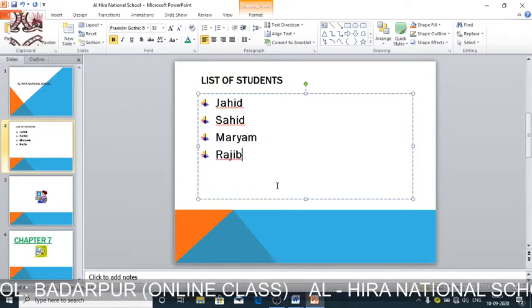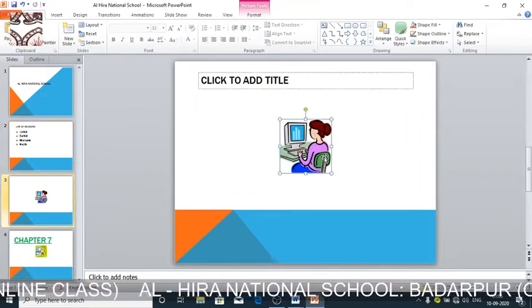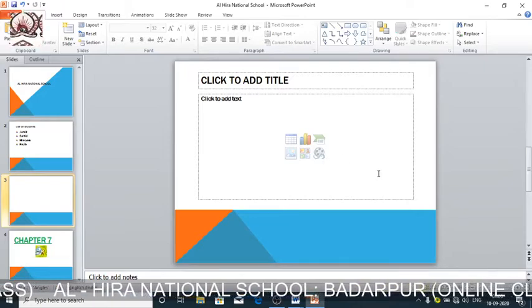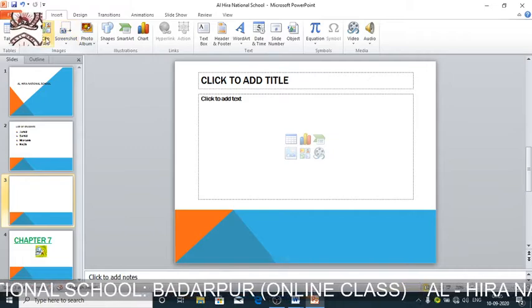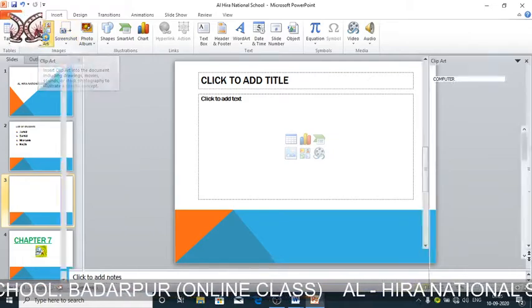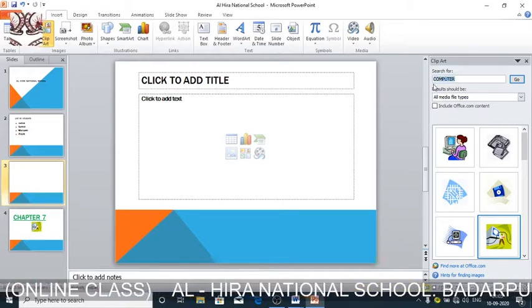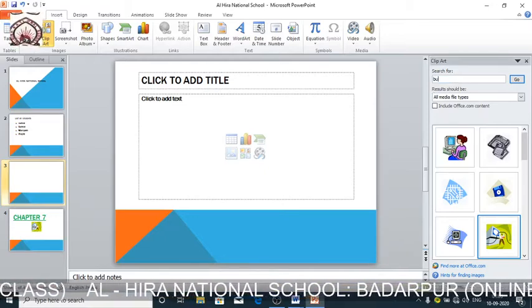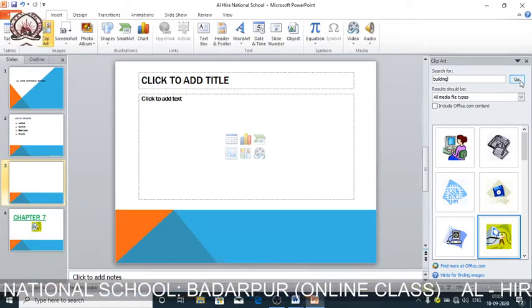Now we can also add clipart to our slide. How? We'll click on insert, then we'll click on clipart. Now I'm taking a different one. Suppose in clipart I type building, then I will press go.